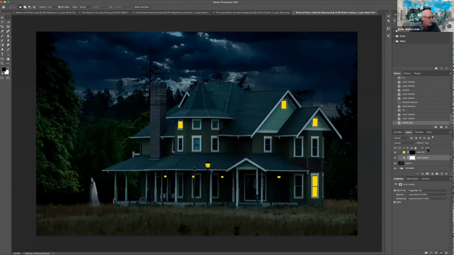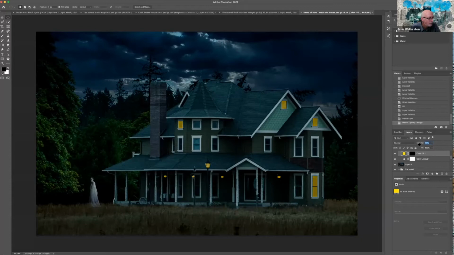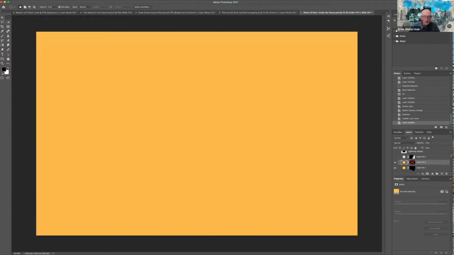Let's get rid of that. And there they are. And then I've got to kind of make it look a little more realistic. So I reduced the opacity down to 37% because I didn't want it too bright. So there's my first pass. And then to make them look a little more realistic, I added a second color fill layer. Let's disable that layer mask. This time I used a little orangish color,